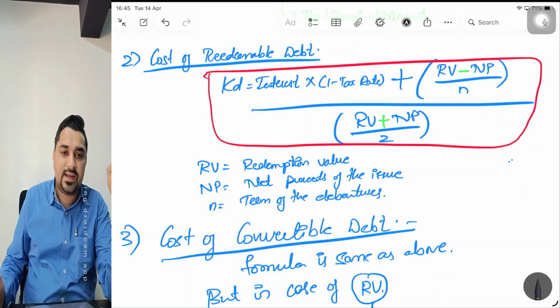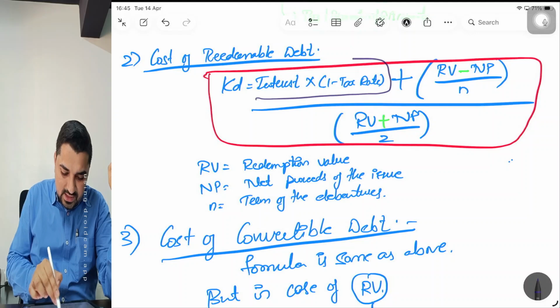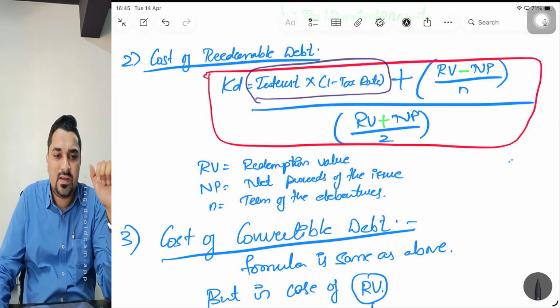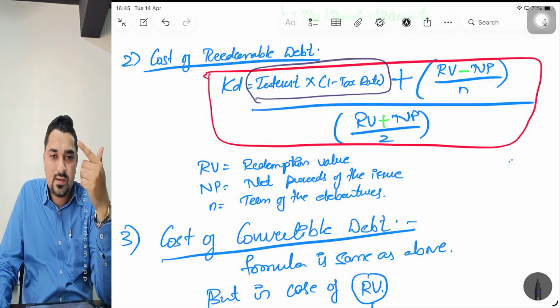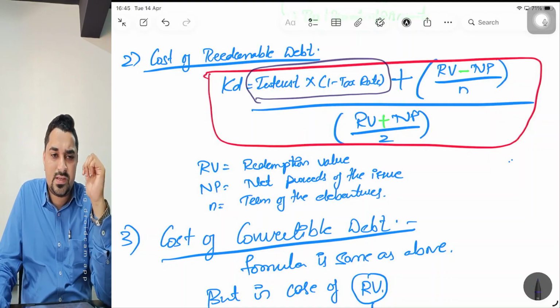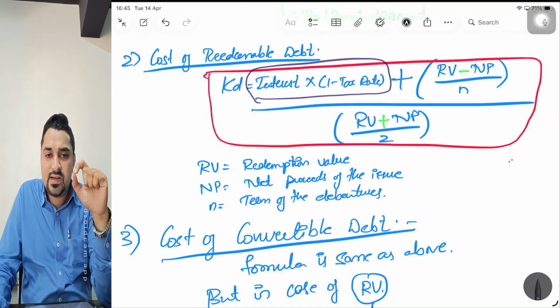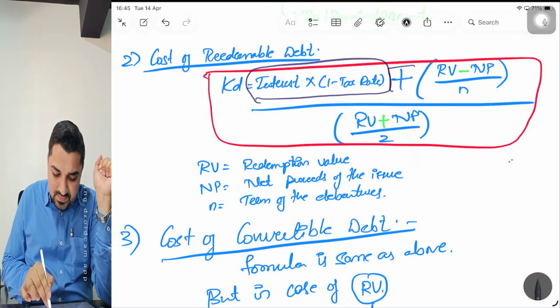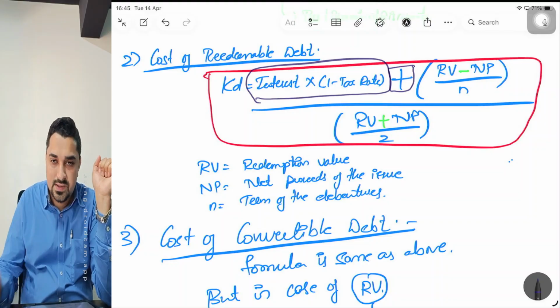So what is the formula? KD equals interest into 1 minus tax rate. So this was also there in irredeemable. Whatever was there in the irredeemable formula, same to same copy paste. Because even in case of redeemable debt, I'll be paying interest. Whatever I pay, it is my cost. So interest into 1 minus tax rate, plus